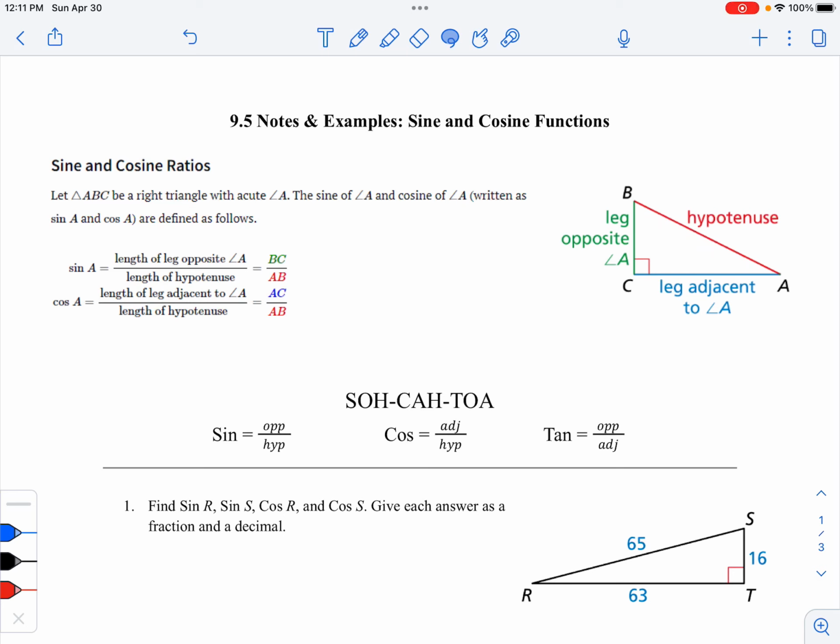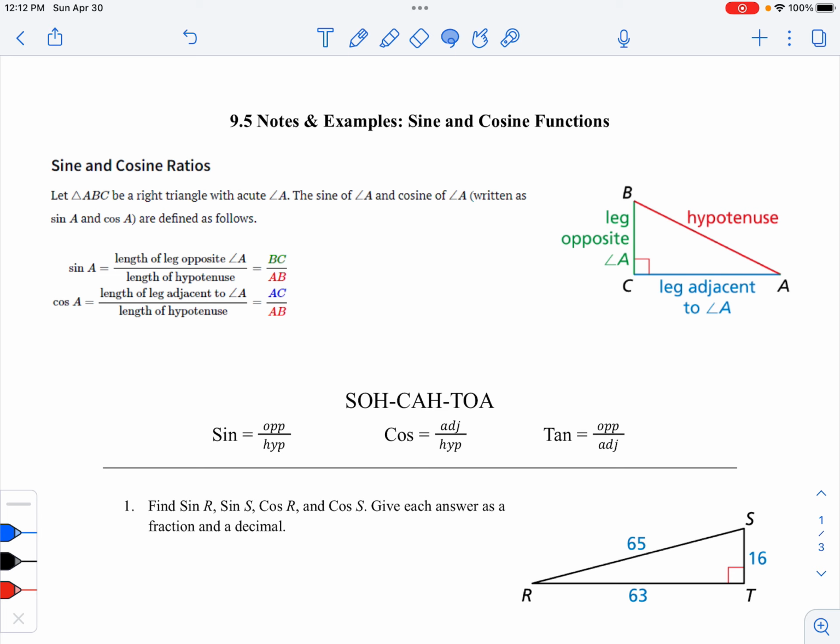In this video, I'm going to go through notes and examples for section 9.5, covering the sine and cosine functions. These act exactly as tangent does. We solve the problems exactly the way that we do with tangent. So if you're struggling with that, maybe go back and get to the point where you're feeling good about tangent before we move on. If you are feeling good about tangent, this should be pretty